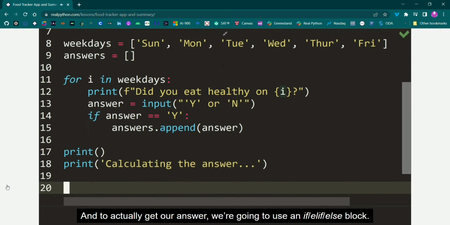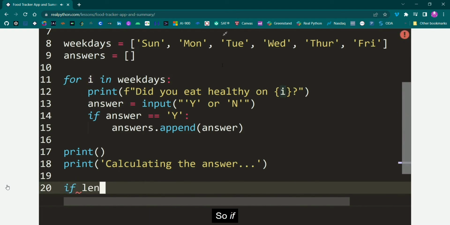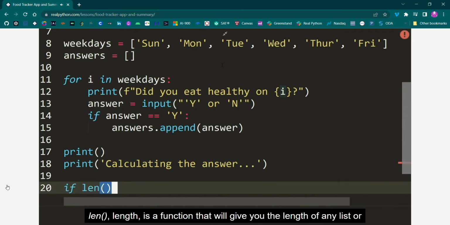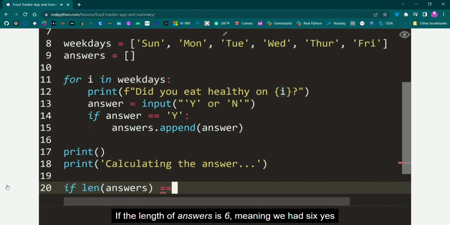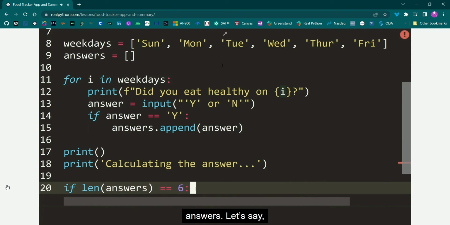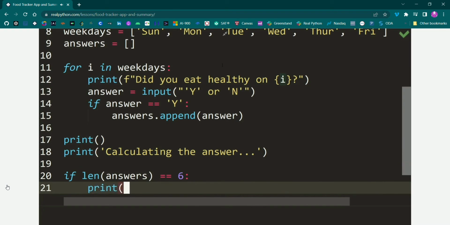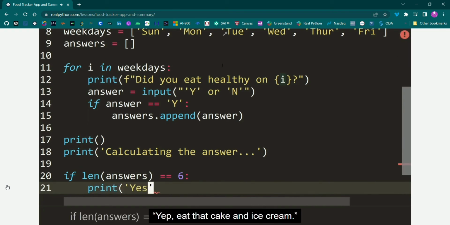And to actually get our answer, we're going to use an if-elif-else block. So if len, length, is a function that will give you the length of any list or iterable. If the length of answers is 6, meaning we had 6 yes answers, let's say, yep, eat that cake and ice cream.